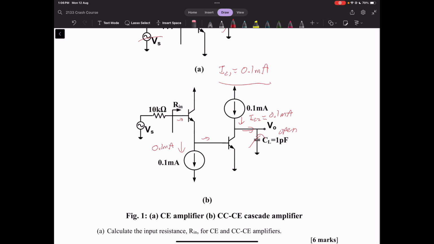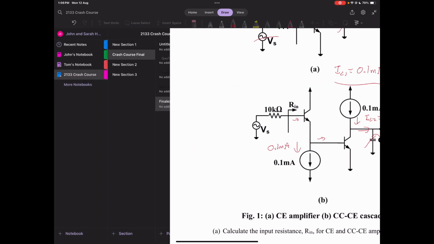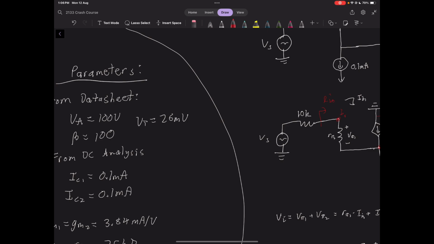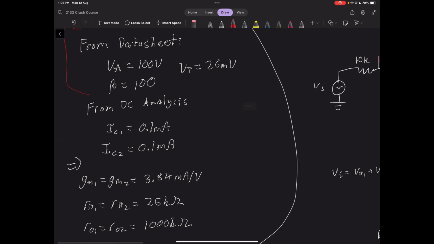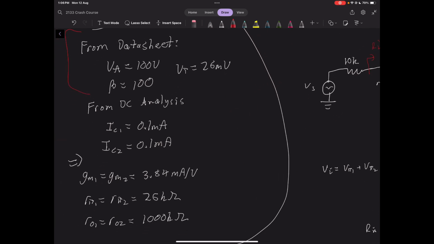Aaron, in his working out, makes this exact same approximation that IC1 is 0.1 milliamps. So there's nothing too crazy there. And the benefit that gives us is that it means IC1 and IC2 are the same. So not only are these parameters for both transistors in this circuit the exact same values, they're the same values that we calculated for the first transistor in question for the first amplifier,